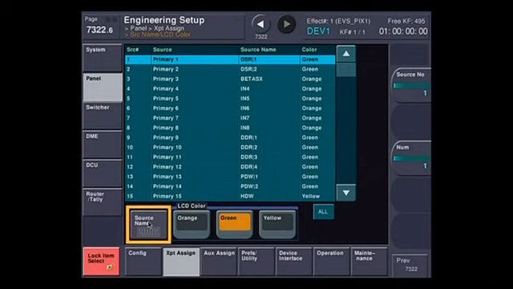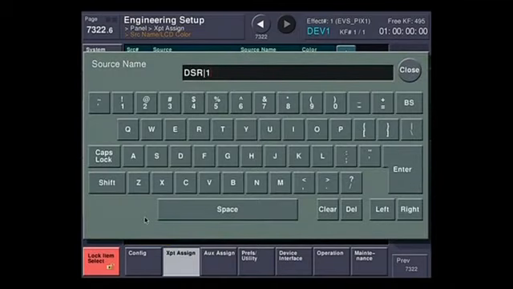If I hit source name, notice this little icon down here has a little keyboard. That means that a keyboard is going to pop up on the screen when I touch it. So see, I have DSR, a vertical line, and 1. What this allows me to do, I'm just going to hit clear here for a second, is type in a new source, let's call it